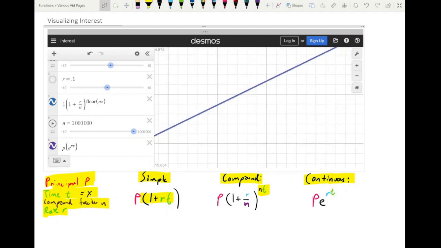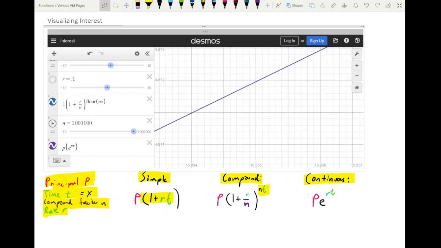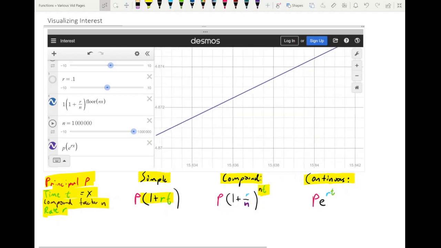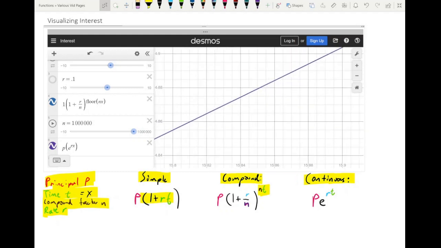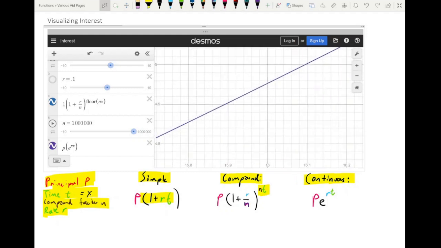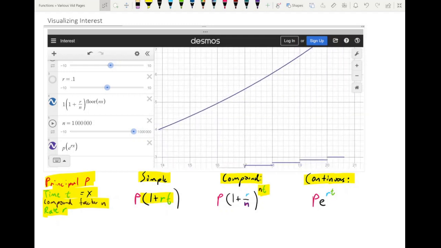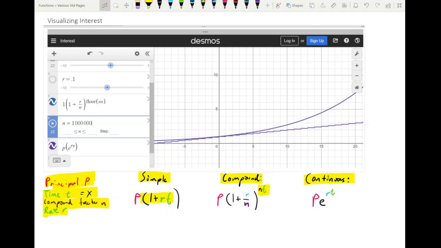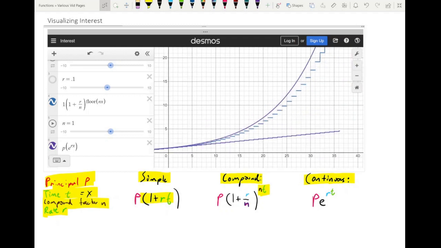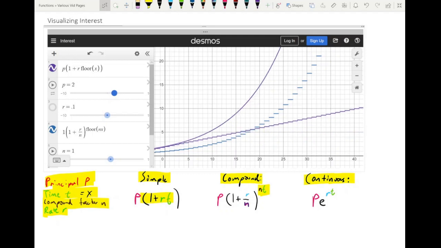Anyway, now that I've highlighted the differences between these three kinds of interest visually, I want to play around with the values of our principal, time, and rate, just to show how differences in those things will impact the character of these three curves. So once I finish zooming back out, I will show you that. Let's bring this compounding factor back down to 1, just so the differences between continuous and compound are visible again. And then we're going to start playing with our principal to start. So you can see